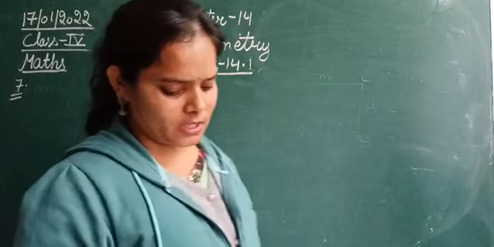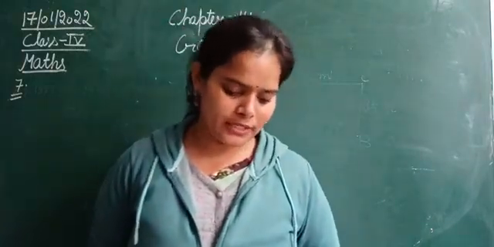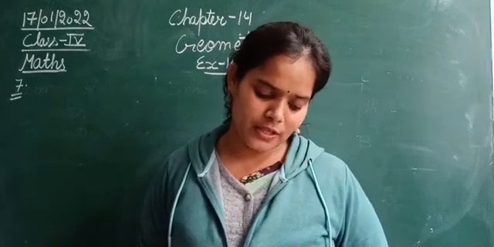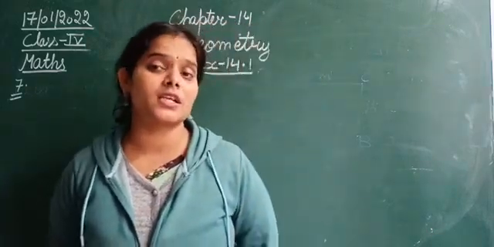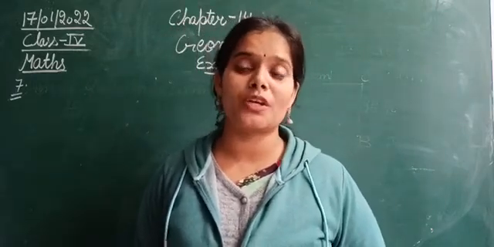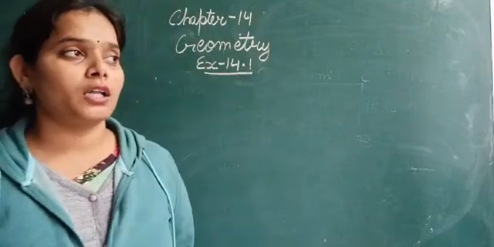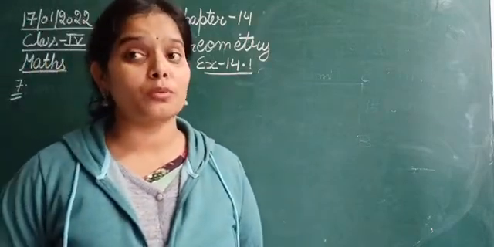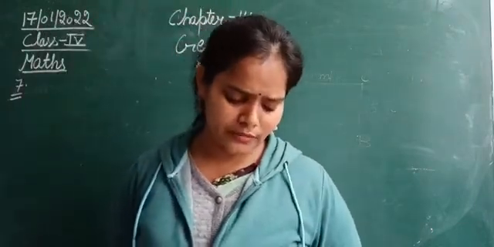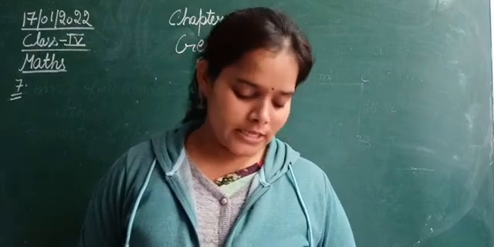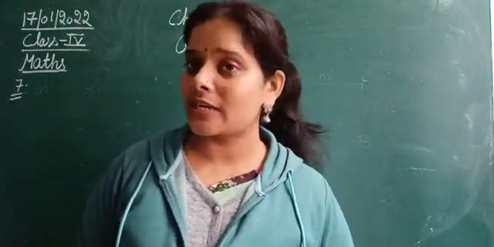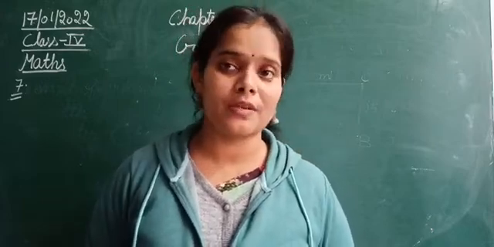The question number 7 is, a square garden is 172 meters long. How much wire will be needed for fencing around it 2 times? Now they are asking us how much wire is needed for fencing around it 2 times. First of all, they have told us that it's a square garden. Second thing is they have given the side. So all the sides of a square are equal. That means if one side is 172 meter long, the other 3 sides will also be 172 meter.